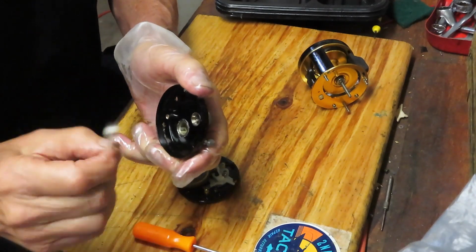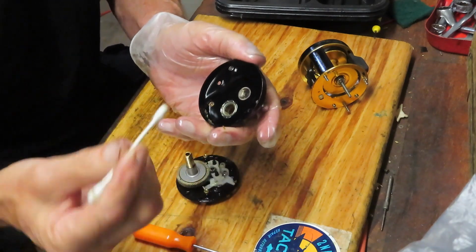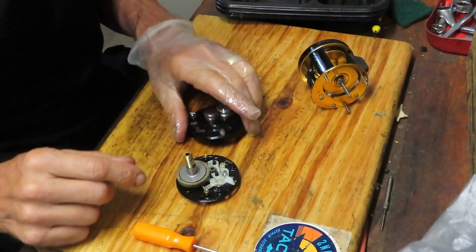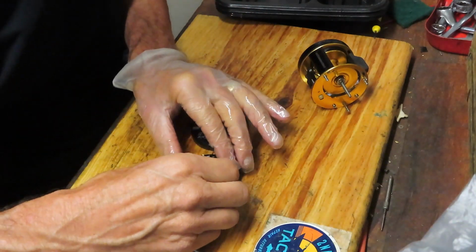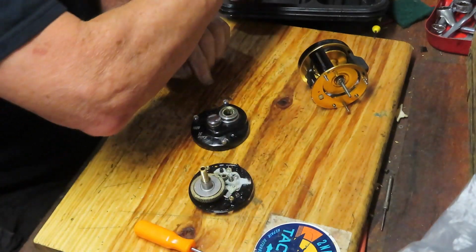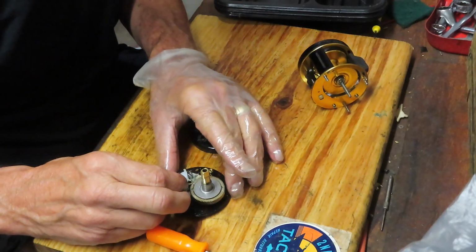So go into your anti-reverse clutch. I use a Q-tip to do that, or a cotton swab. This one actually happens to be a Q-tip. And we want to clean out any grease that may be in there before installing these springs and the side case. So we put the 2 springs on,